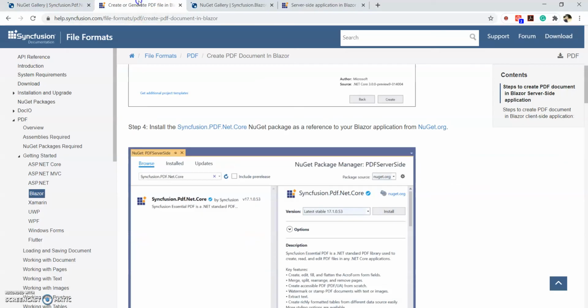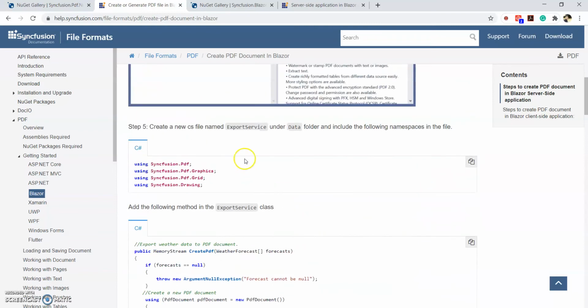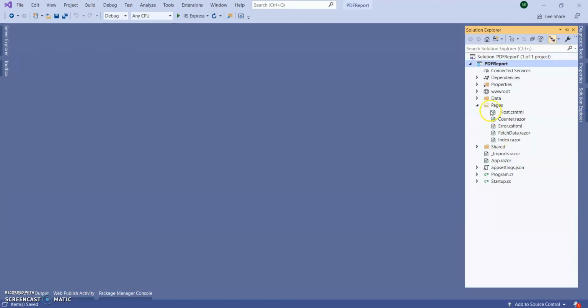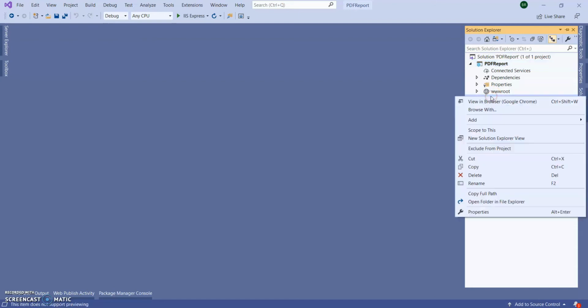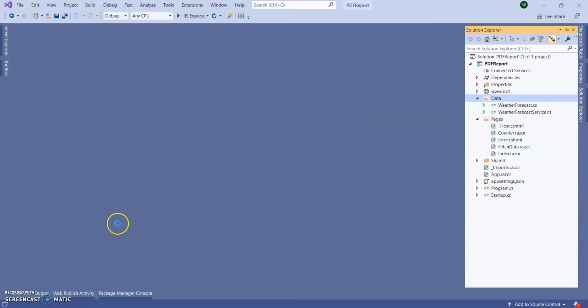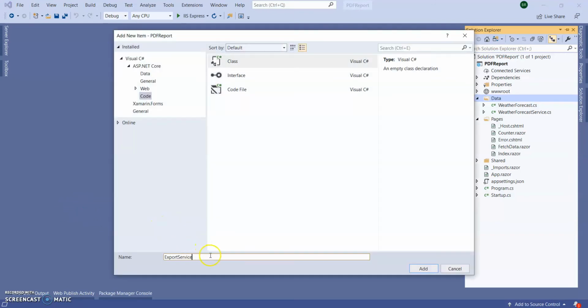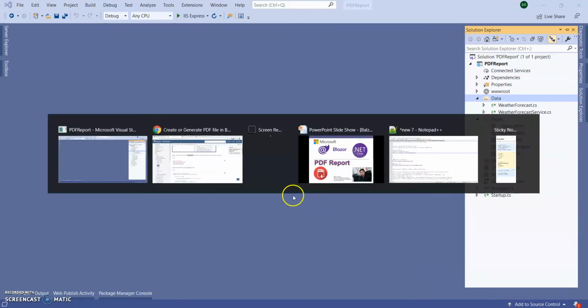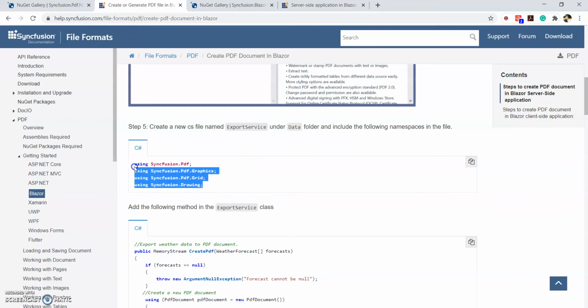Let's go to the Syncfusion document. We need to add one export service inside our data folder. So in our data folder, create one more class, just add a new class. Inside this, we are going to use this using statement.